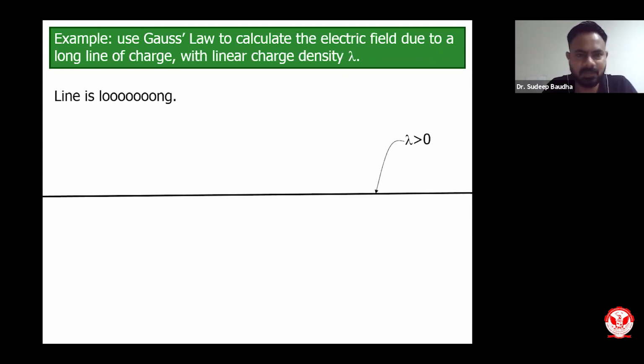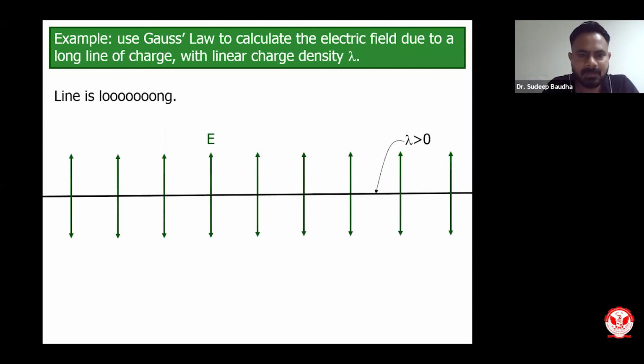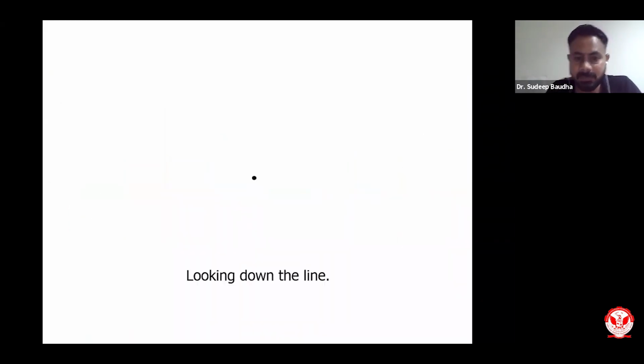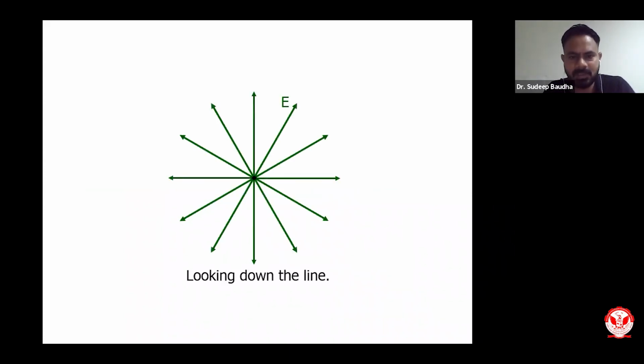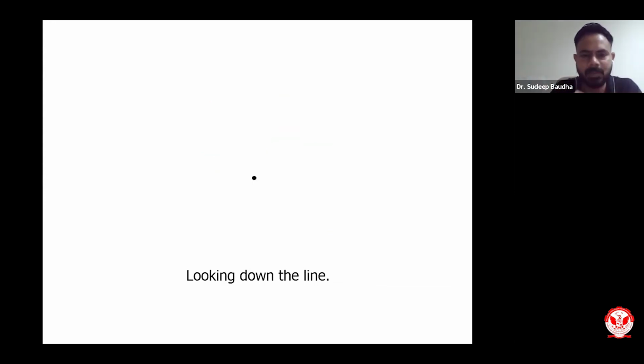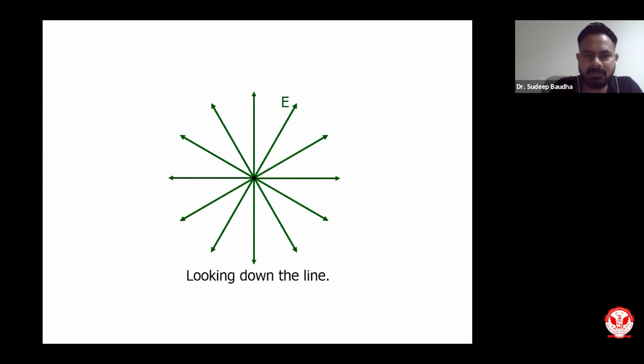My consideration is always that it is positive, right? Electric field lines will move away from the charge. So this is positive, electric field lines go like this, as you can see, for an infinite length. Now, if we look from the point of view of down, this is how the electric field looks from the side. This is the point, and these are the coordinates, suppose x, y, and z. If the line is in x, then the electric field is going to be in y. I'm showing you the side view. Line will look like a point from the side, and this is how the electric field will be generated.